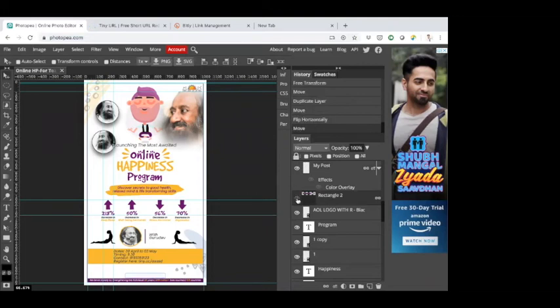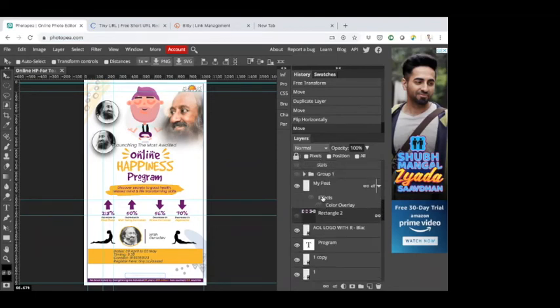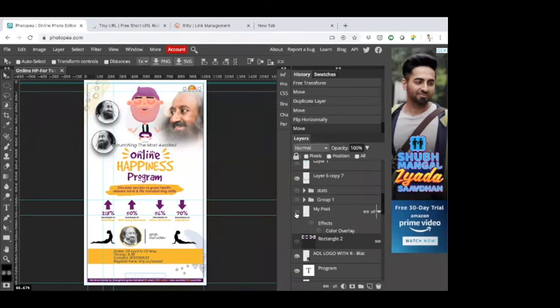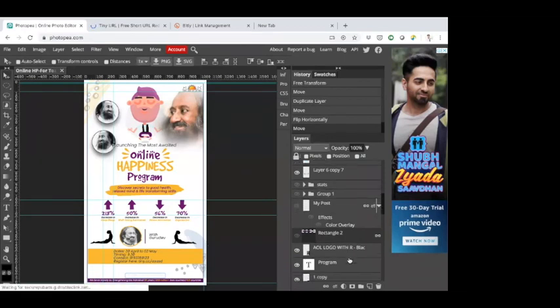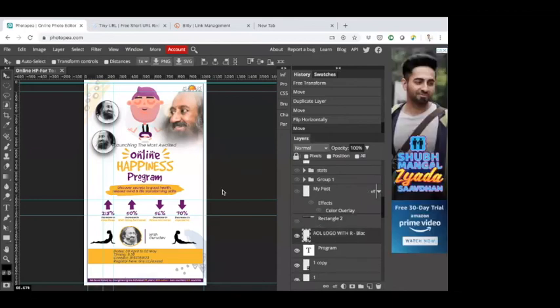If you click on the I button, it will disable or enable this thing. Now I think only the rectangle has been disabled, so you have to disable this as well, so that the whole thing will be gone.